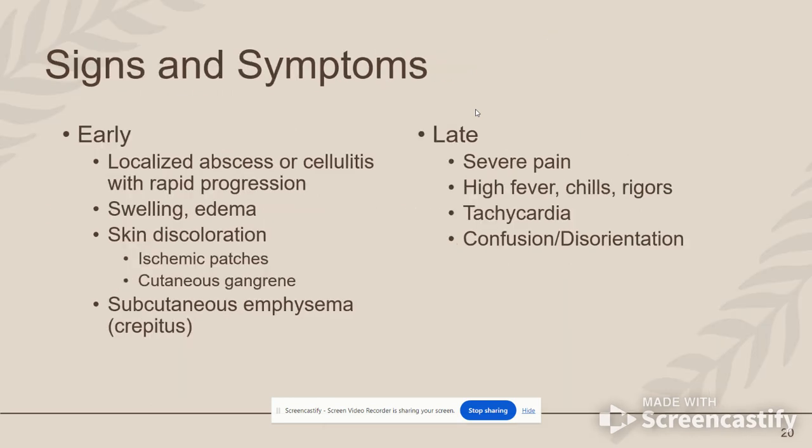So some signs and symptoms. Early, again, it usually starts with cellulitis. So it starts with a localized abscess or cellulitis, and it rapidly progresses really quickly. They'll have swelling, edema, skin discoloration, like I showed you, those ischemic patches, and then cutaneous gangrene. So that necrotizing, that dark tissue looking thing. They can have subcutaneous emphysema or crepitus wherever the area is. Later